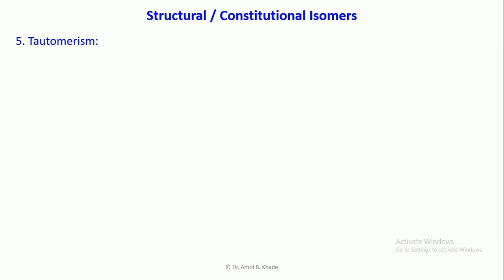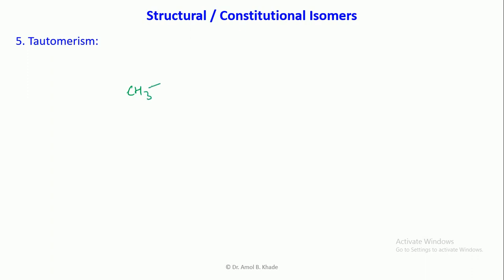There is something to be studied in detail in tautomerism. Tautomerism itself is a separate topic. You should actually understand the mechanism of this keto-enol tautomerism. But at this moment, we are restricting ourselves to understanding the structural or constitutional isomers, what their types are, and which compounds will show tautomerism or a particular structural isomerism. I can give you one more example of this keto-enol tautomerism.